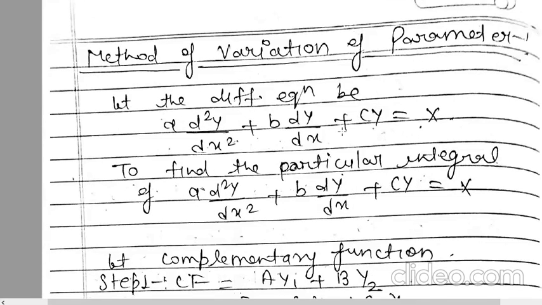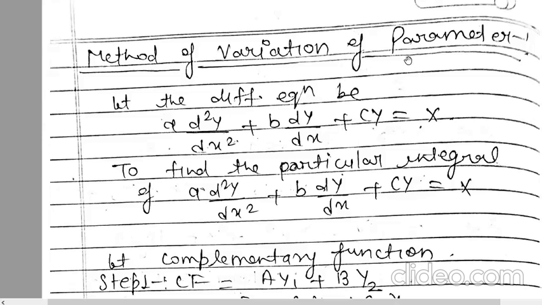Now, there is another method, the variation of parameter method, right? This is also a 7.5 marks question, and I'm sure that it will come in your semester exam. One question will come from the Cauchy-Euler equation, and the second one will come from the method of variation of parameters. So guys, just prepare these questions because these are very important, and 200% they will come in your exam, right?